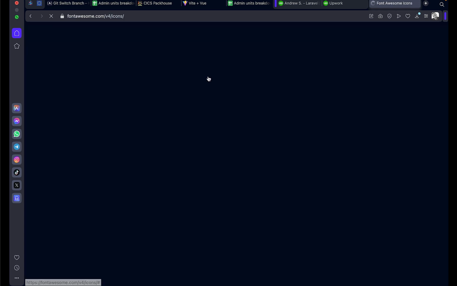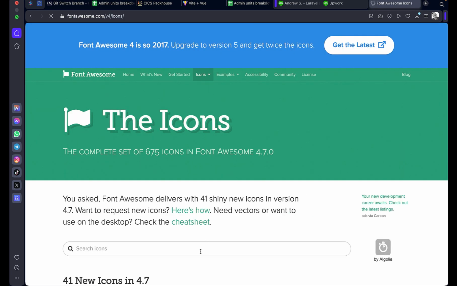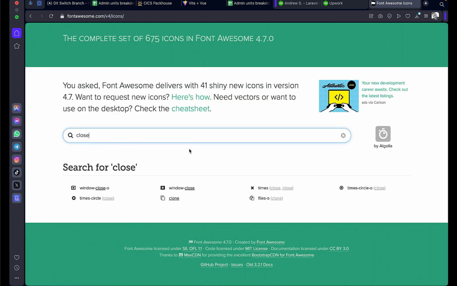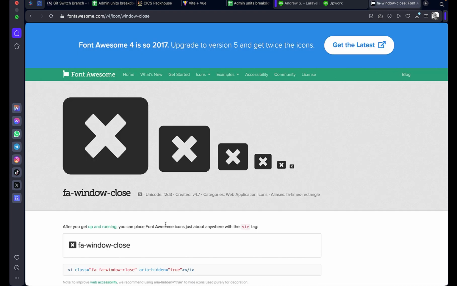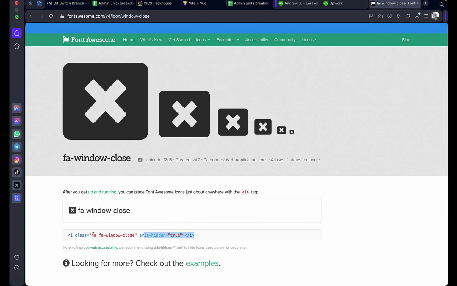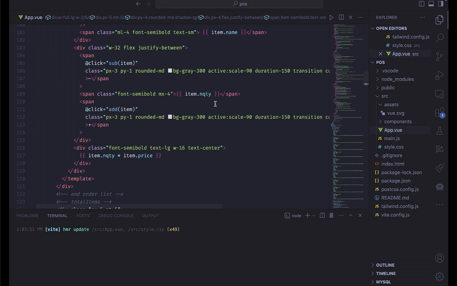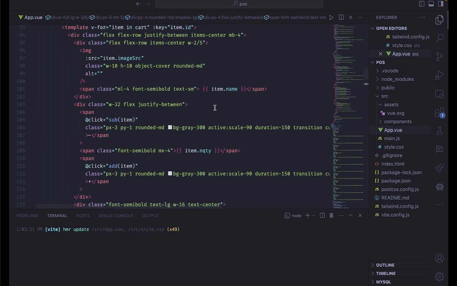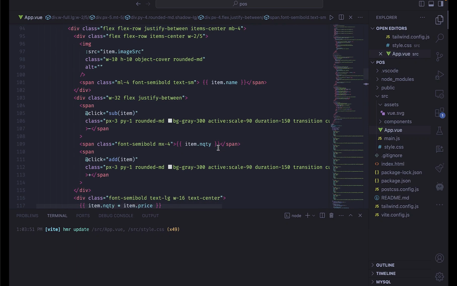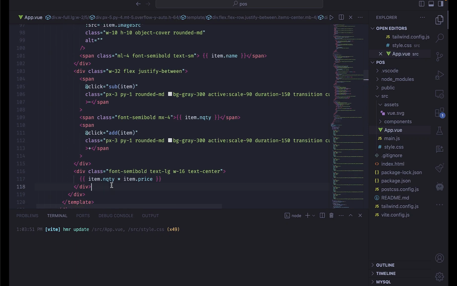Yeah, and I'll search for close. I think this can do, right? Yeah, this can do. I'm going to take this one. I don't know if it would actually work properly. Let me just add it and see if it actually works. I'll put